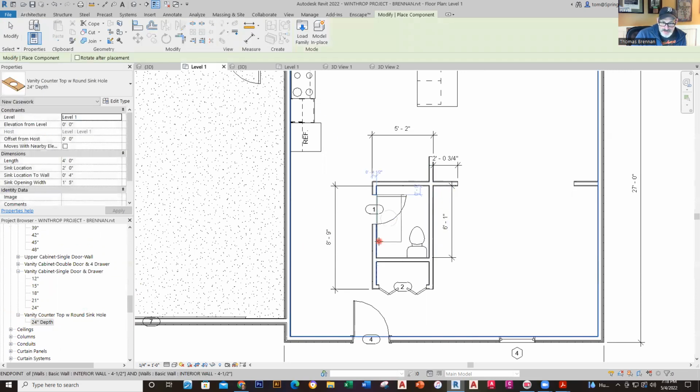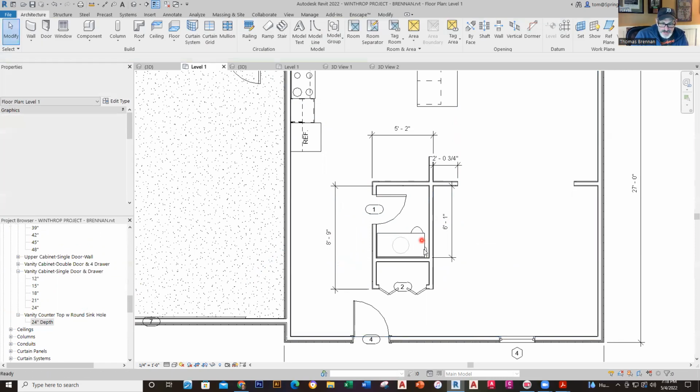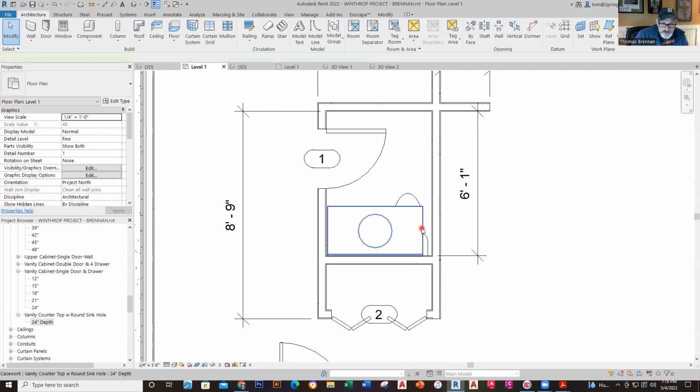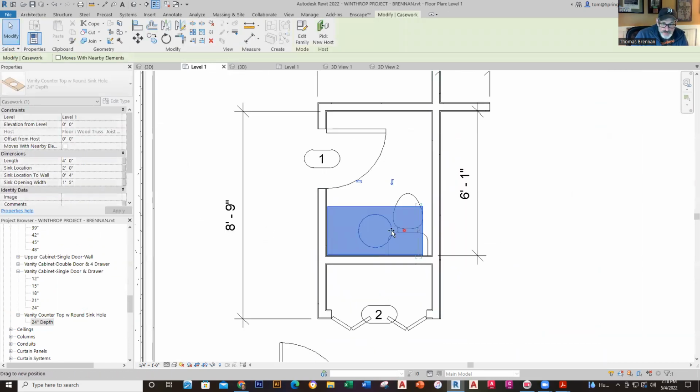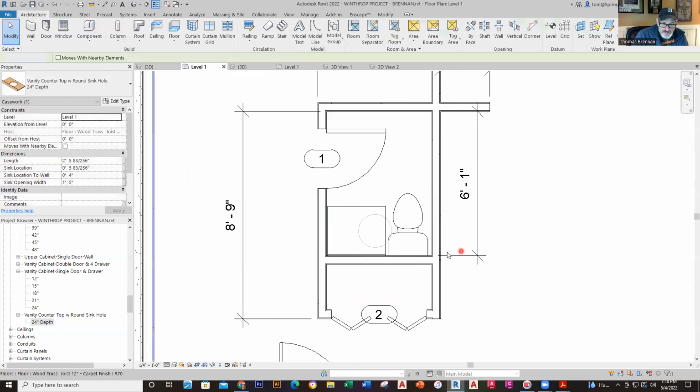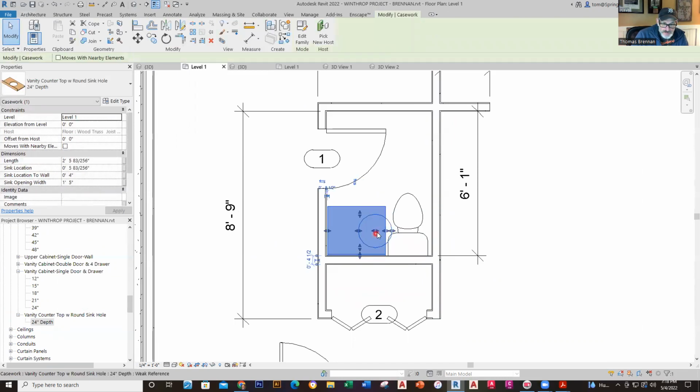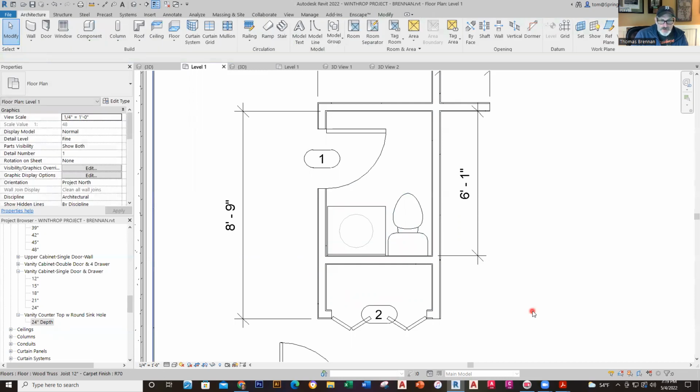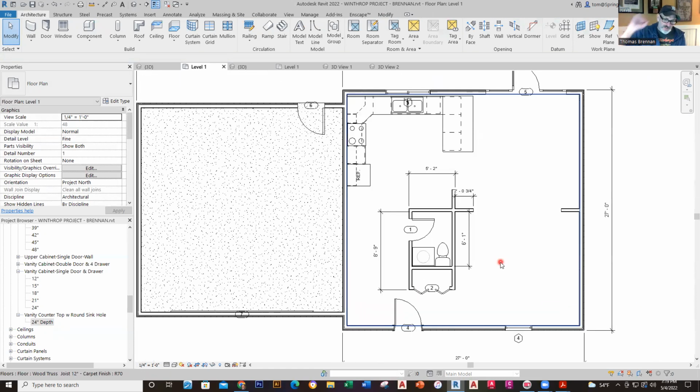Okay. All right, something like this. Drop it right there like that. And then at this point, it needs to just be moved over like this. And then this needs to move over too. Okay, then you got that. I think that's about right. Okay, that's what that should look like. So you got your sink, you got that in there, and that is a pretty good